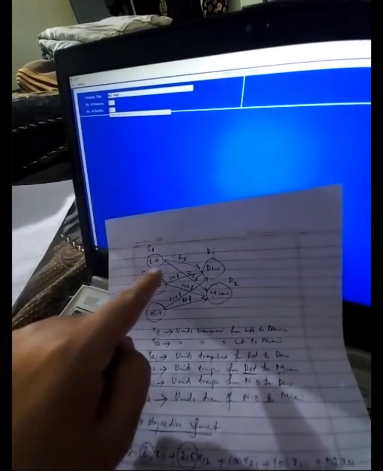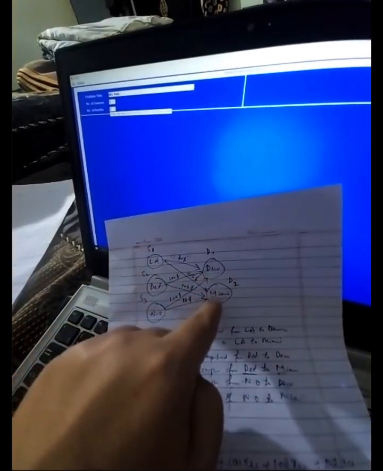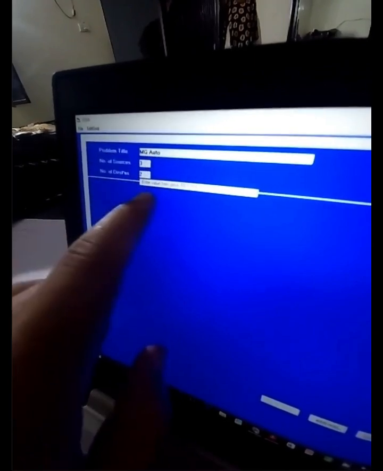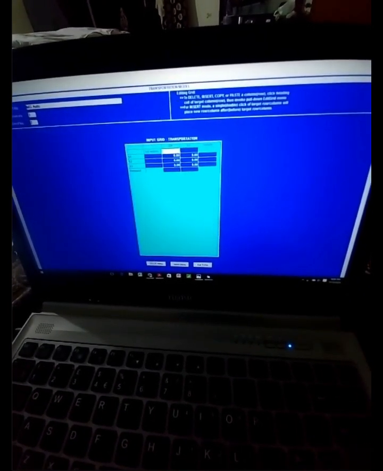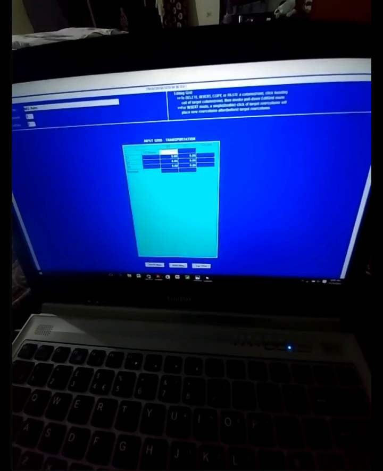Okay. We have over here three sources and two destinations. So here we say three sources and two destinations, and I will press enter. Okay, so this gives us a table. Now the destinations are, I will say,